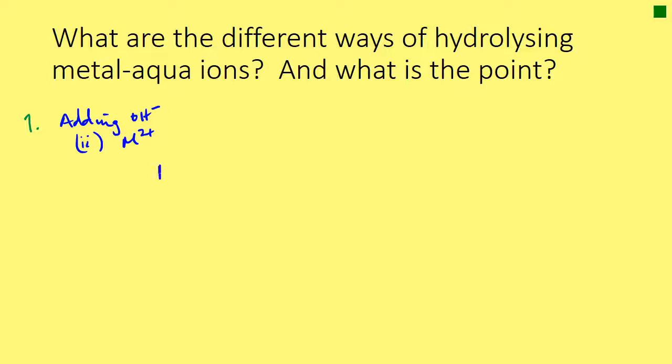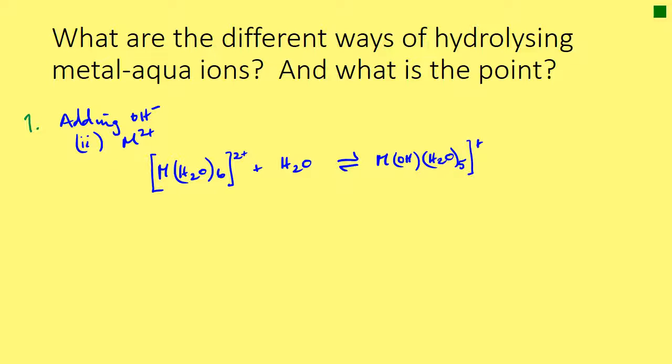So let's write out our starting reaction, which is our metal 2+ ion this time. We've still got 6 water ligands, but our 2+ charge on the complex, we're going to react that with a water molecule, and that's going to be in equilibrium with the first hydrolysis product. So that's our metal 2+ ion, our hydroxide ligand, because one of the water ligands has lost its proton, and we're left with 5 water ligands, but our charge has dropped down to 1+,